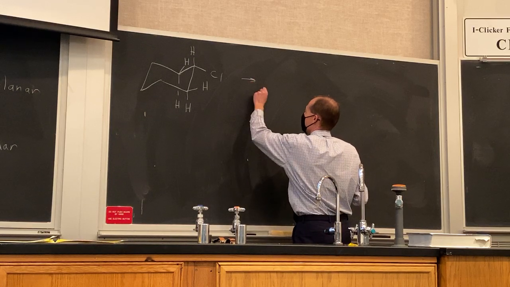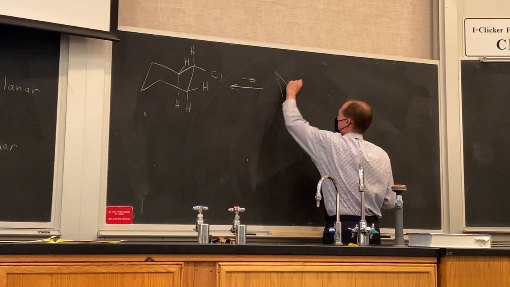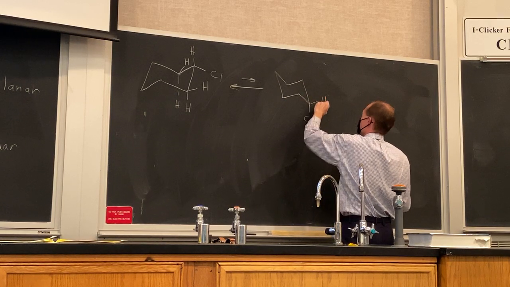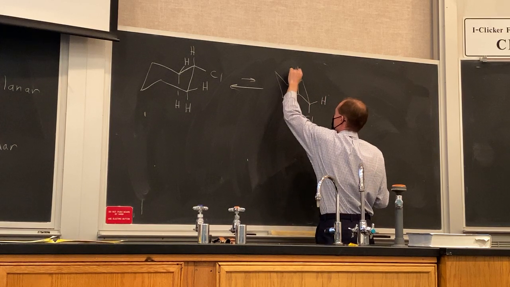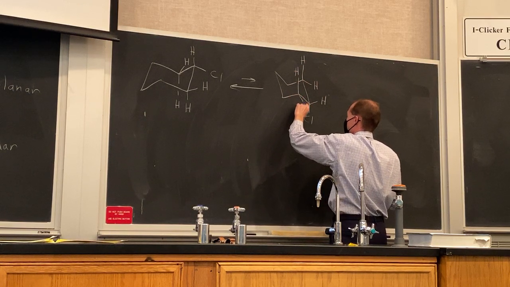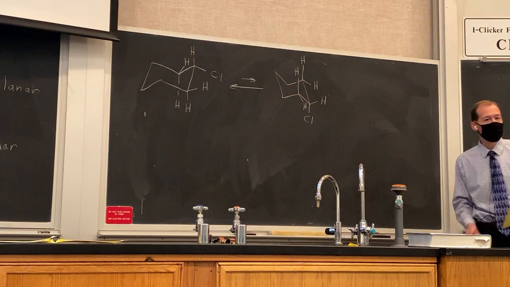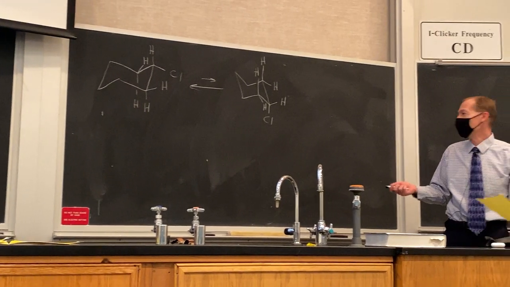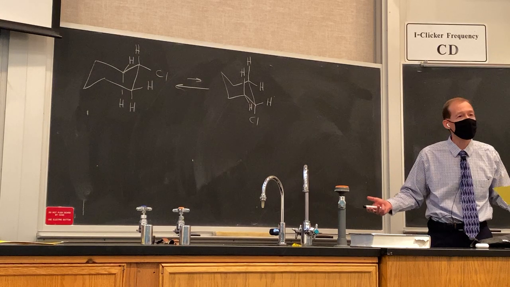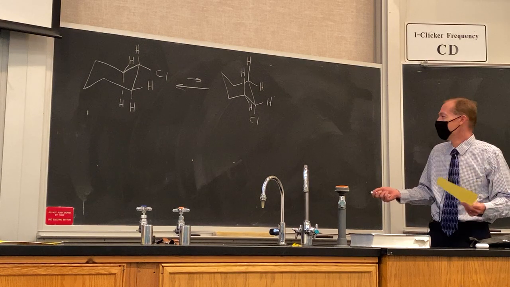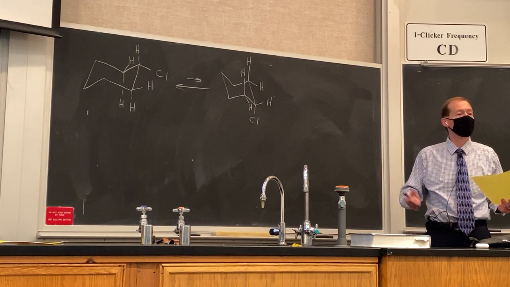However, it's easy to perform ring flipping. Ring flipping occurs rapidly at room temperature. And so we can have a ring flip, putting our leaving group in an axial position. The arrows I've drawn indicate that this chair is higher in energy than that chair. So we're going to have less of it, probably 5% or less at equilibrium. But that doesn't matter. As long as we can access this chair, we have our leaving group in an axial